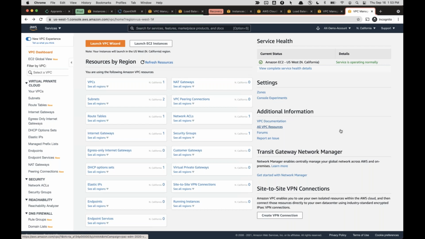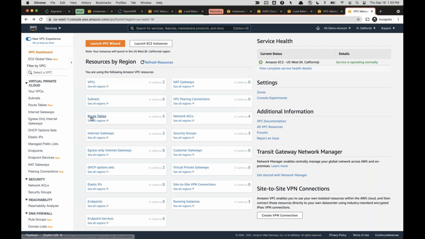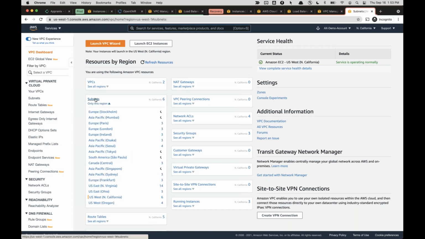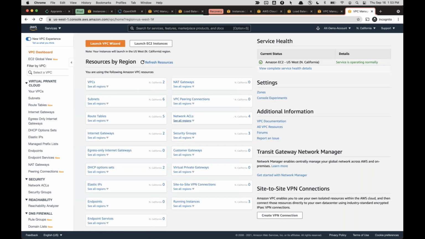right? And let's see, I have the VPC subnet, route table, internet gateway. Let's refresh the entire thing, right? Let's see what has really been created in California. You can see 5 route tables. There was 1 subnet. Now I have 6 subnets. All of that are coming up here, right? And then a bunch of security groups are coming up. DHCP option sets. Gosh,